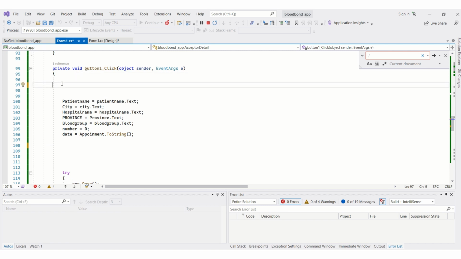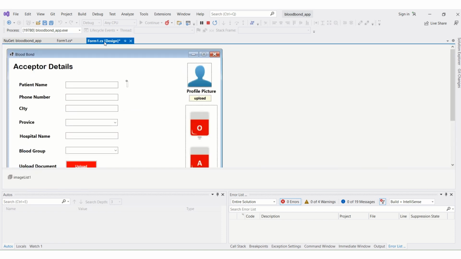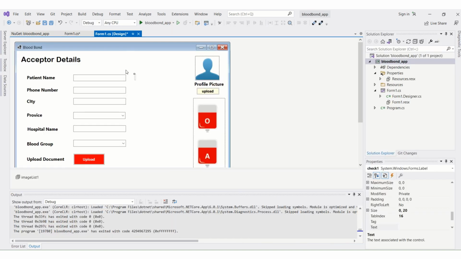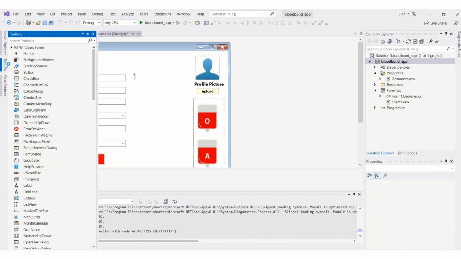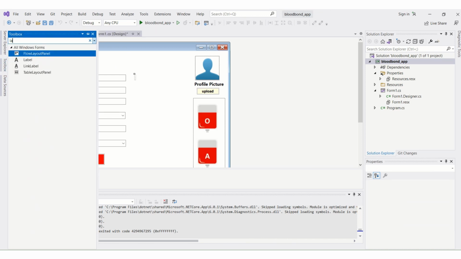When that button is clicked, this function is called. So over here, I'm going to put some checks, but before that, I have to go over here to our design page. Here I would have to add a label,